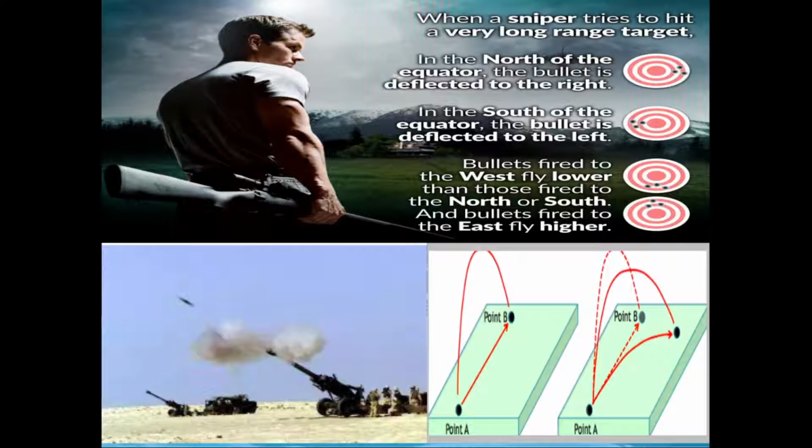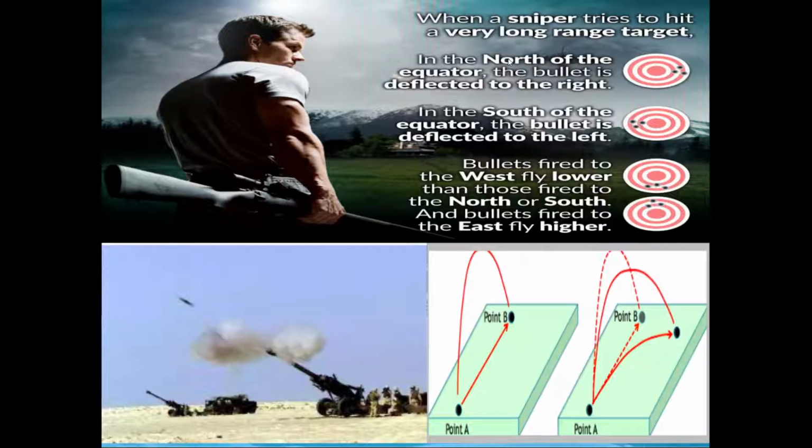And the same effect is the culprit when we are shooting at a target. It does not follow a straight path. That's why only a very experienced shooter makes a bullseye. As you can see here,